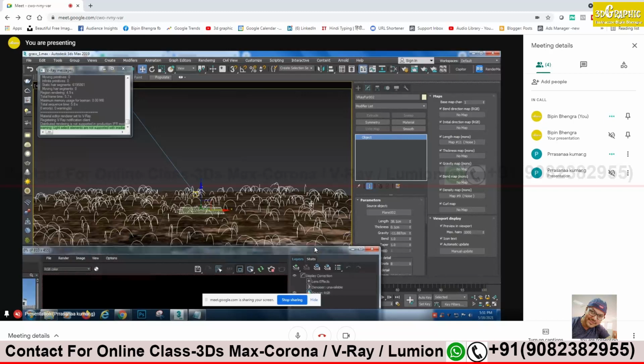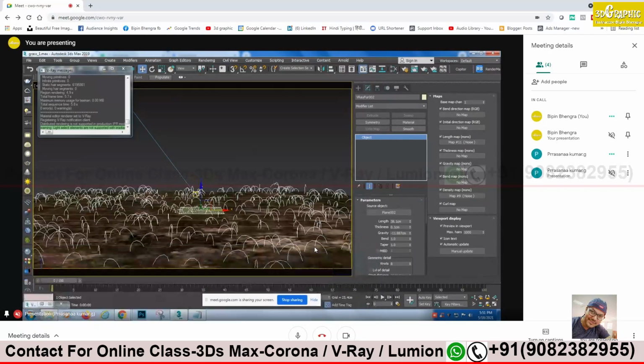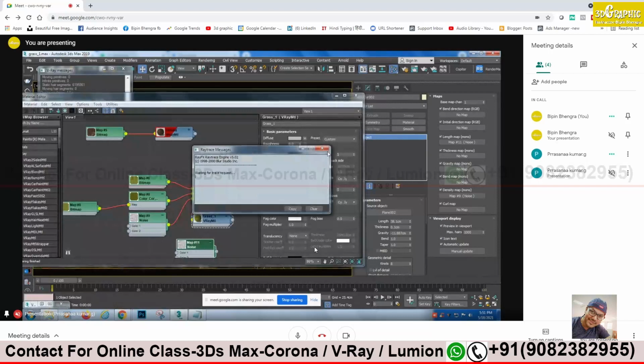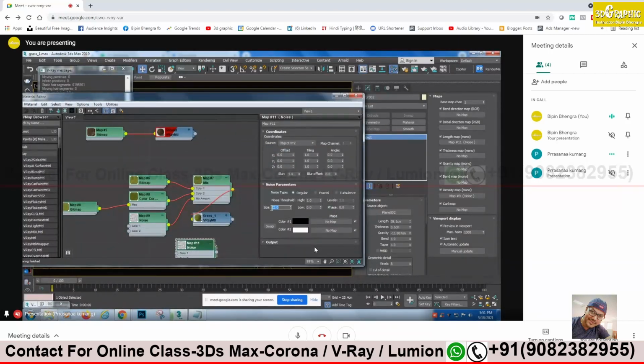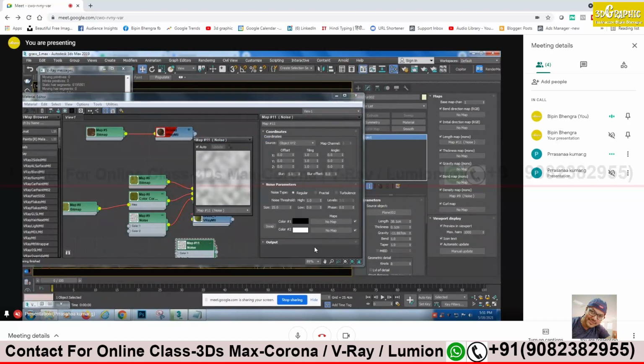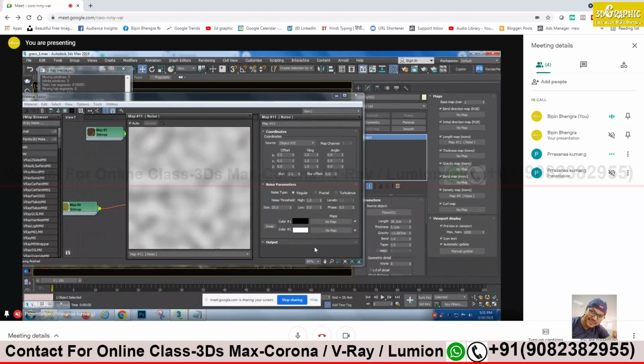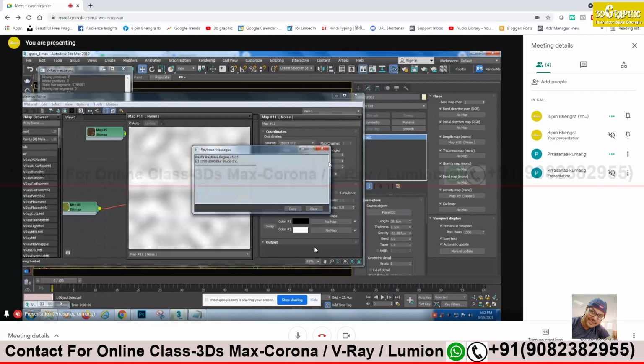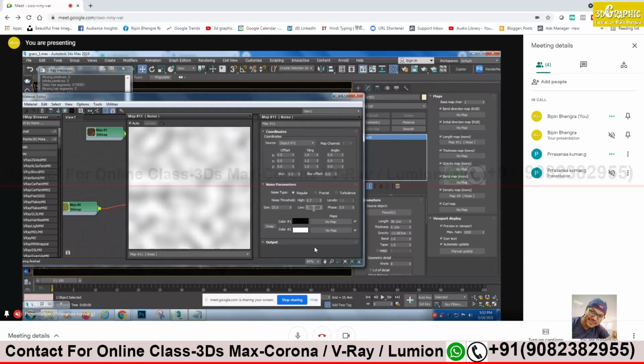Double click the noise modifier. Here, reduce the size. Make it 10, make it 20. Make it more prominent. The dark and the light should look more prominent. Now here it is not very dark. Here I think the noise threshold should be reduced. Take 0.7, 0.6, and 0.3. Just see what result you are getting.